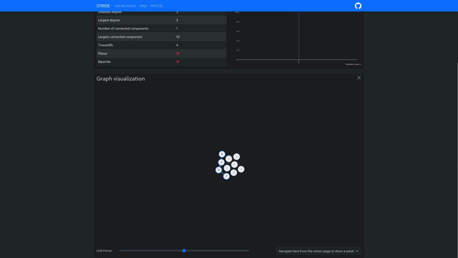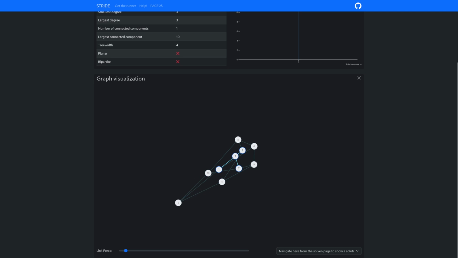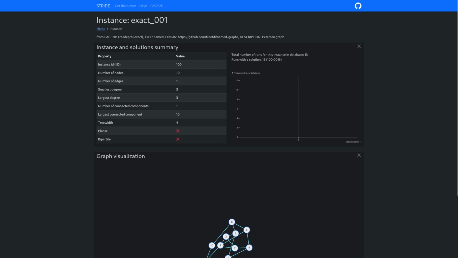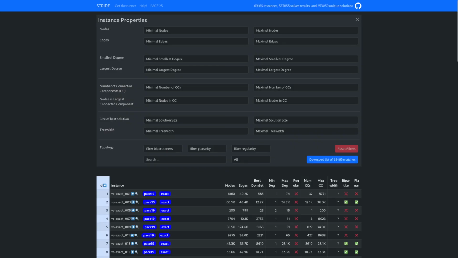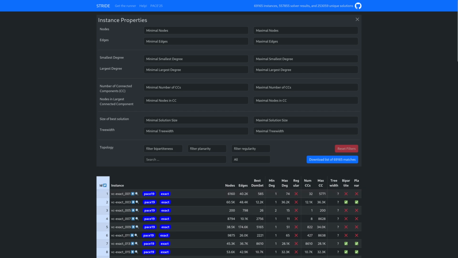So in this case we have our Petersen graph, which is not that easy to see here, but if you squint a little bit, maybe you recognize it. I will come back to this visualization a little bit later, because there are more features that I want to discuss. So obviously, it's not a good idea to click download on 70,000 instances, and this is where the runner